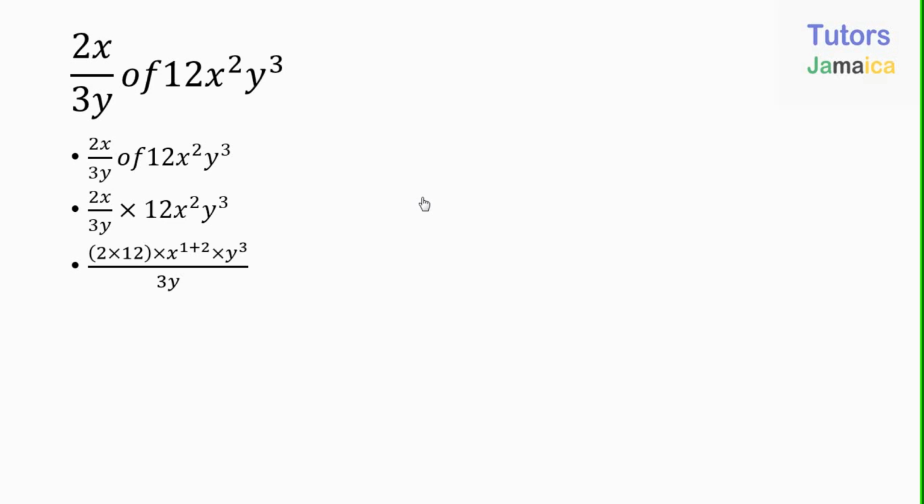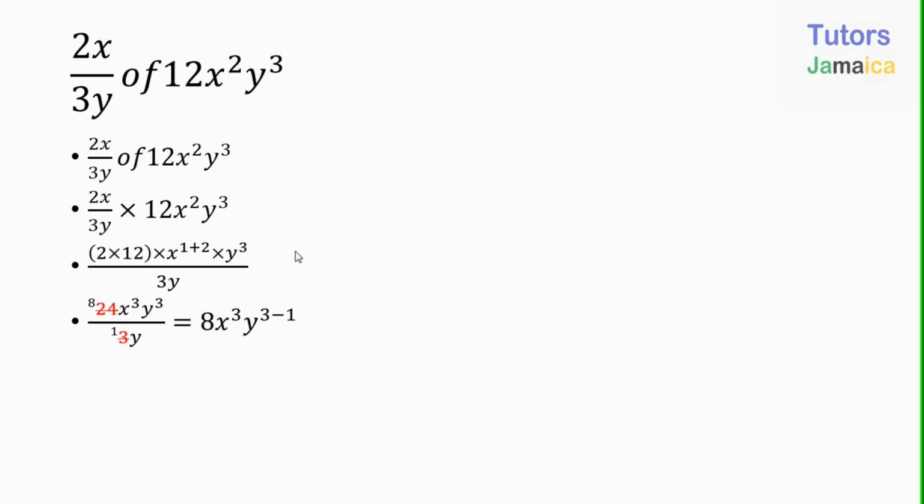In the first case we have 1, because 2x is the same as 2x to the first, so we have 1 plus 2 for the x squared. There's only one y at the top, which is y cubed, and then at the bottom now we have 3y. So work that out, and what we end up with is 24x cubed y cubed over 3y,